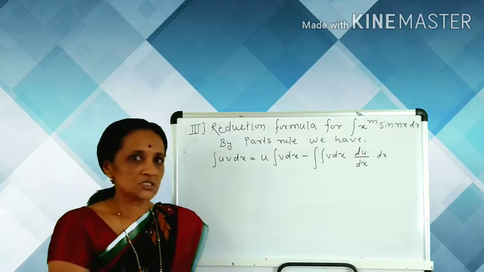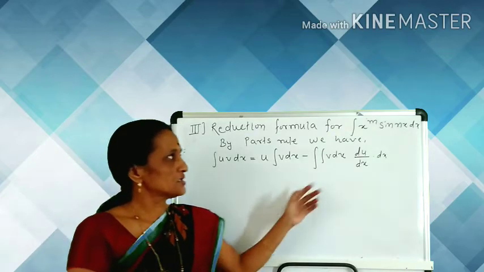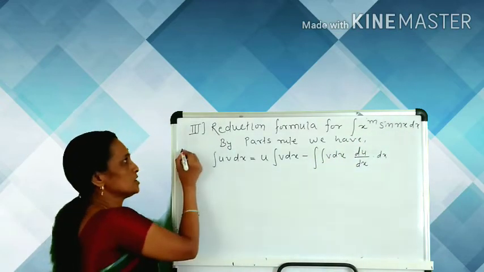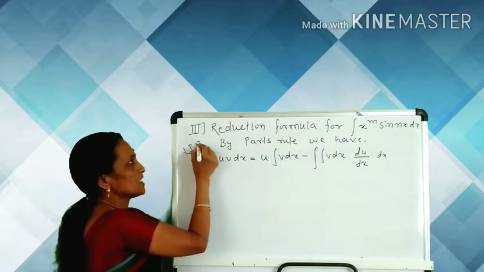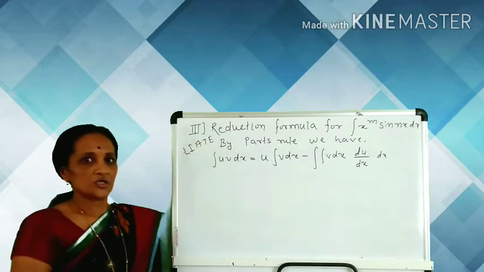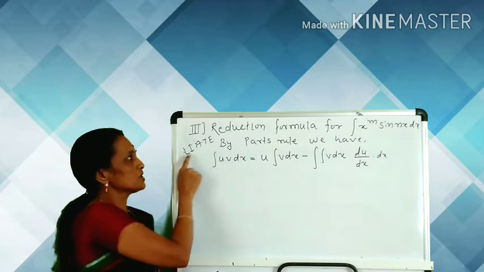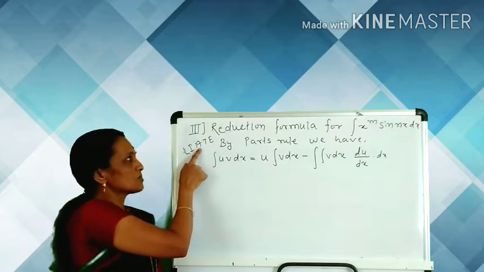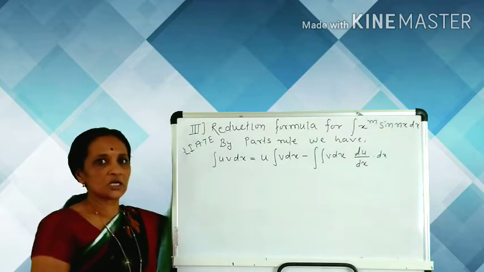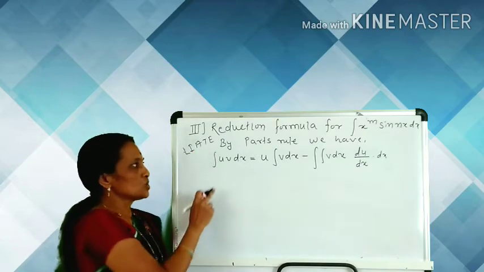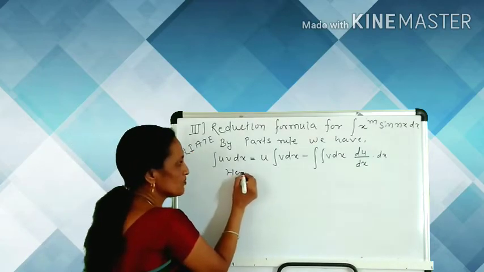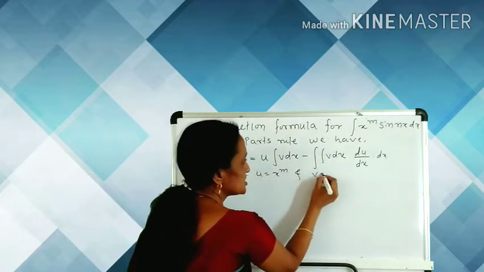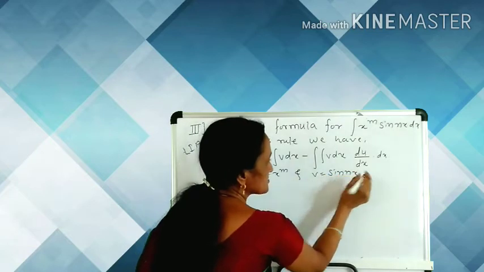Now in this example, the two functions are one algebraic, another trigonometric, and using your word LIATE, your choice depends on the order of these letters, and here also algebraic comes before the trigonometric, means the T. So in this case also u is equal to x raised to the m and v is equal to sin nx,